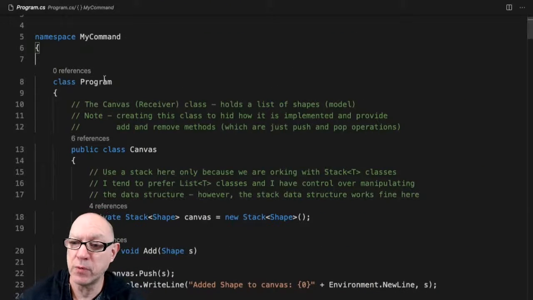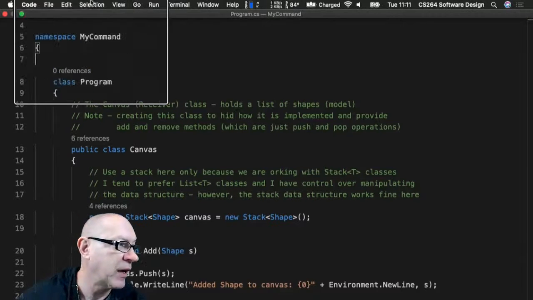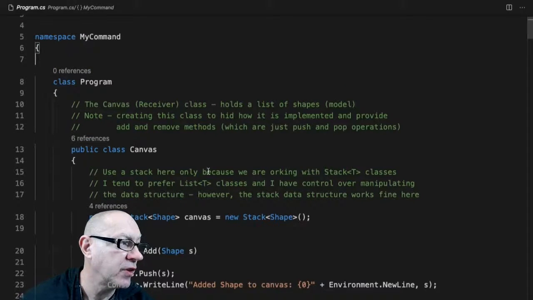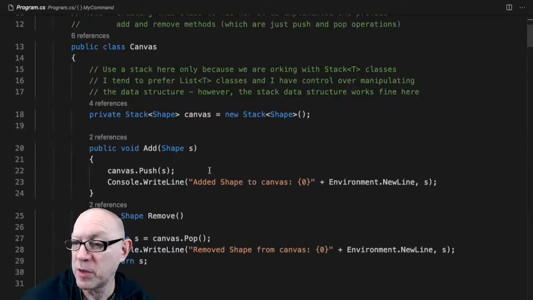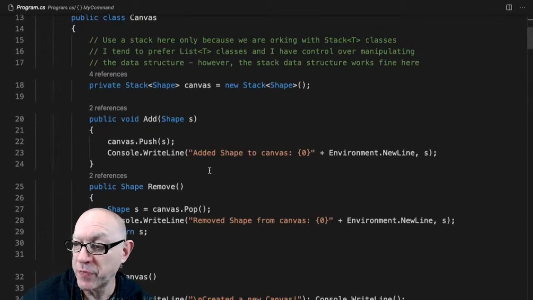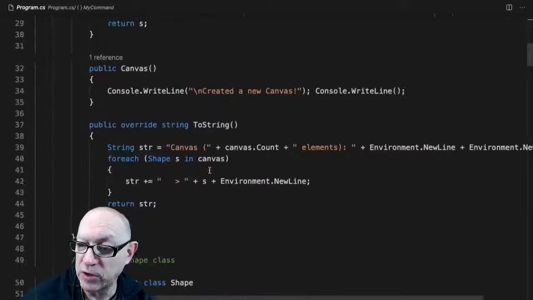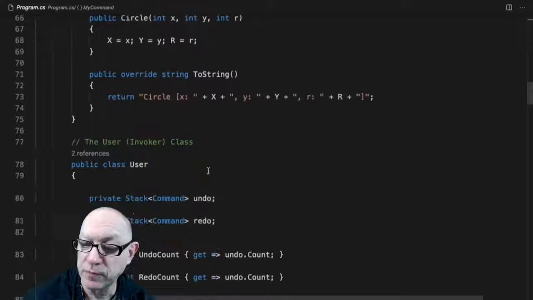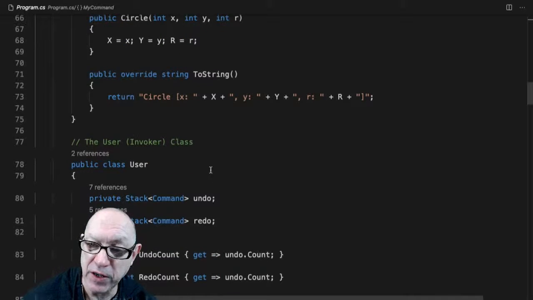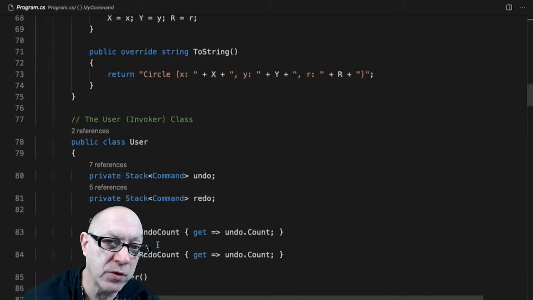Okay, so here we have the program, and if you look in the demos, it's called my command. What this does is implement the command design pattern so that you'll be able to use that. I did mention in the assignment that you could look at implementing a design for undo and redo